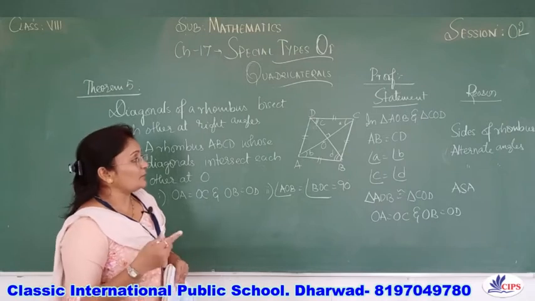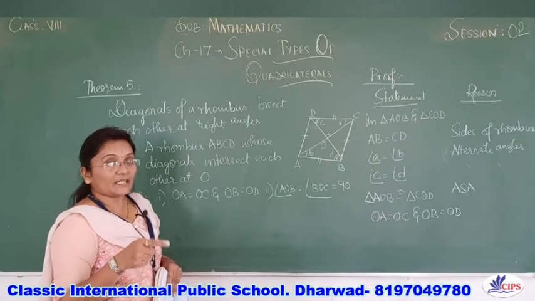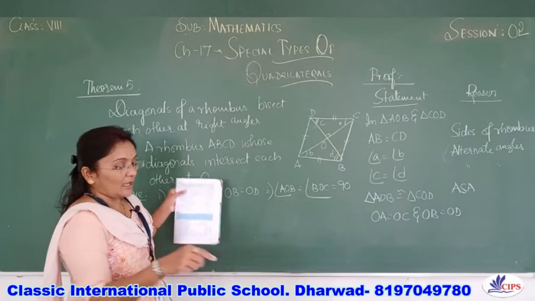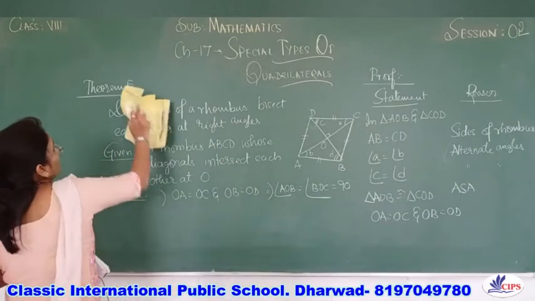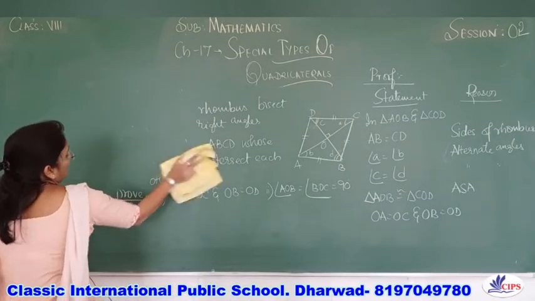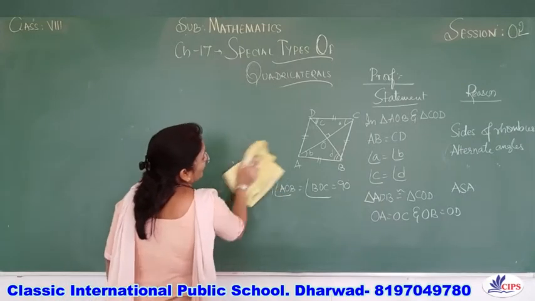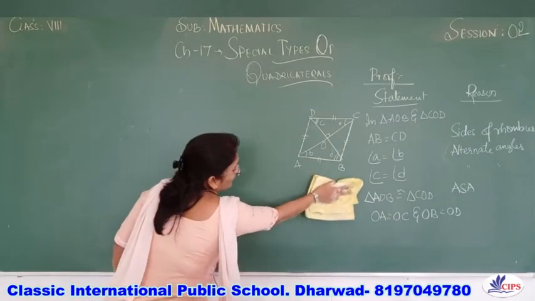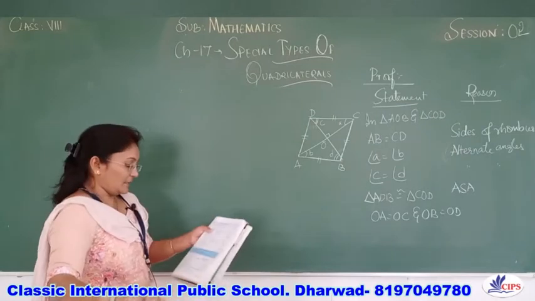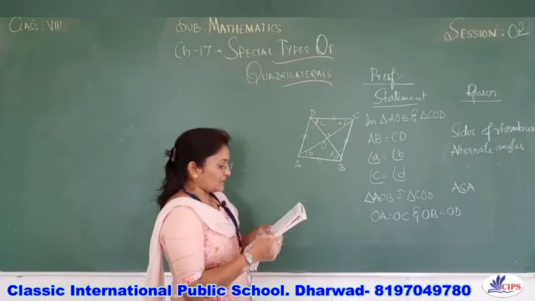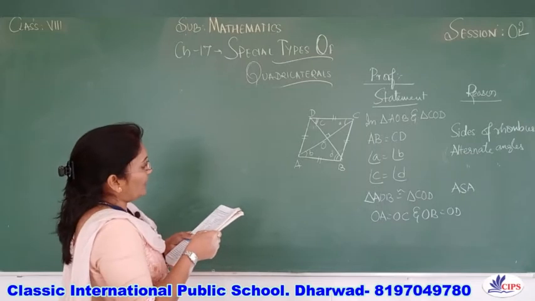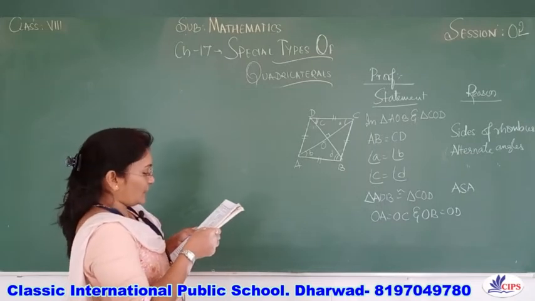Next, what we have to prove? Diagonals intersect at right angles, we have to prove. So let's prove it. I'll erase this part. Hope everybody is understanding this. So a little bit you may feel bored because of the statements, but you will not have any problems here. So after this we will start the exercise. Next, now let us consider triangle AOB and triangle BOC or COB.